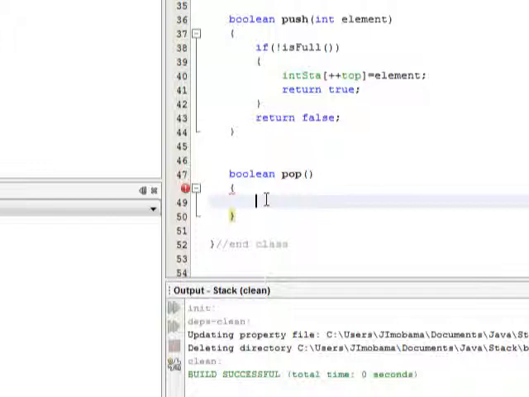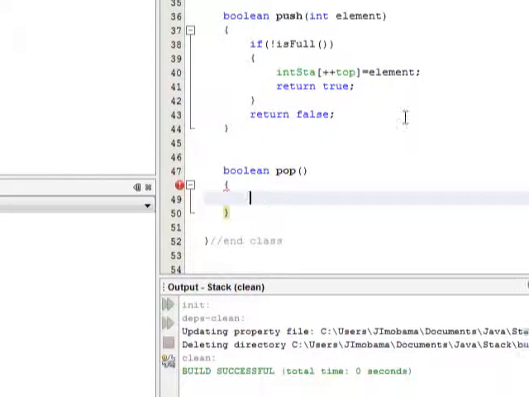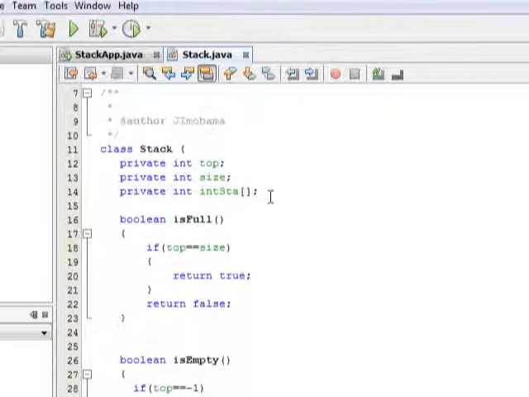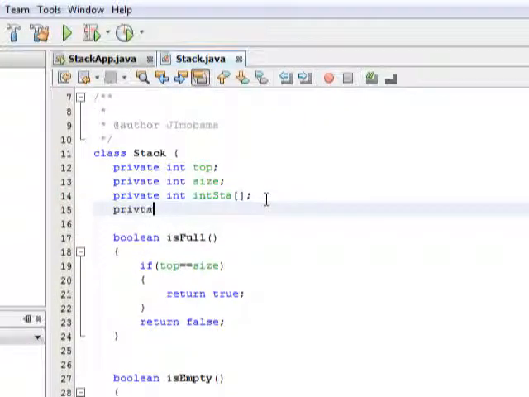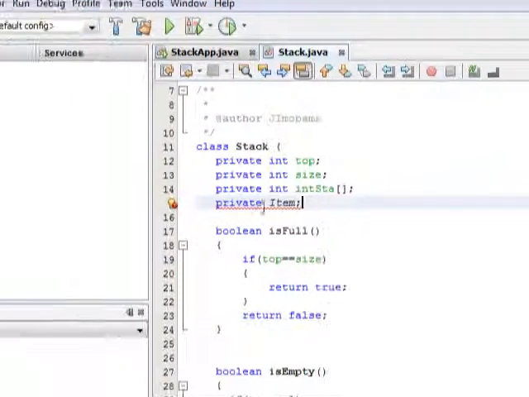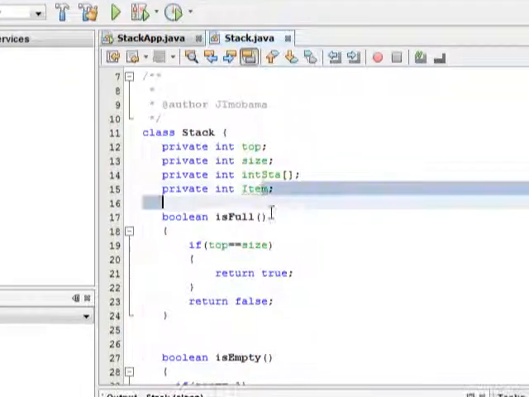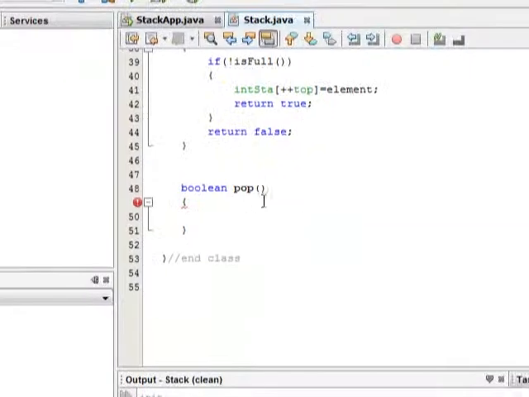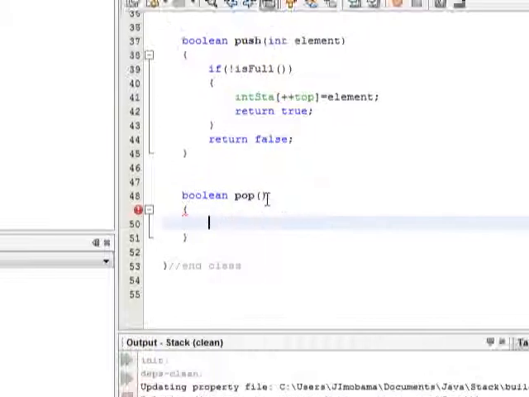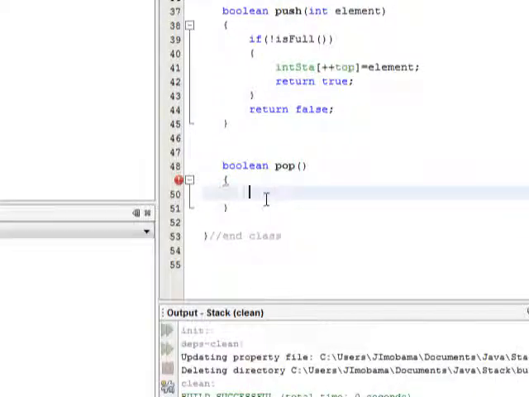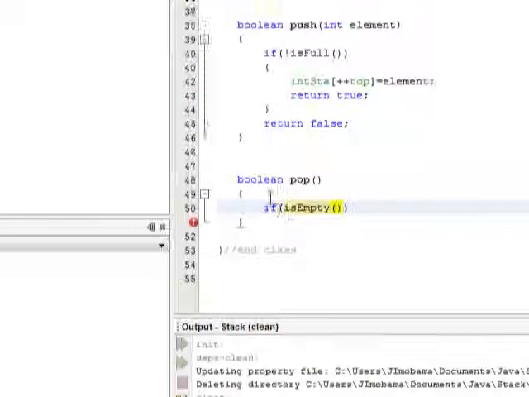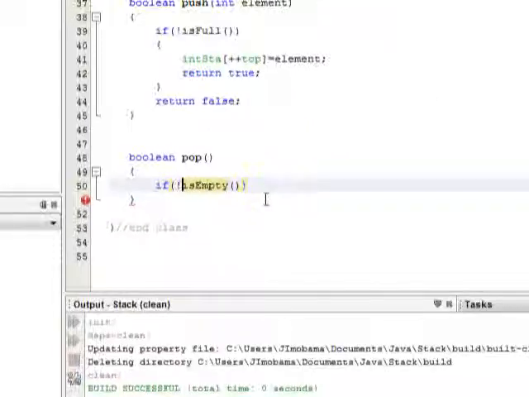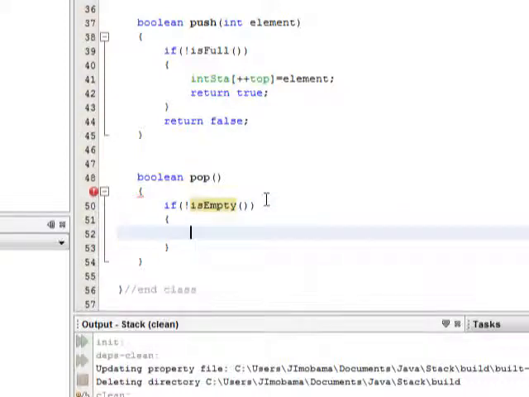If you want to pop an item, so the next item, we're going to create a variable here, or another variable called private item. This is going to be an integer value. So any item we actually pop is going to be stored here. So now when we pop an item, is going to be if it's empty. If it's not empty, if the stack is not empty, then